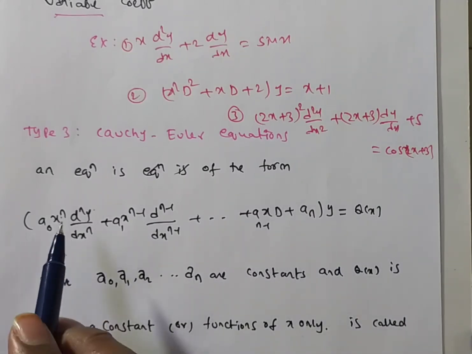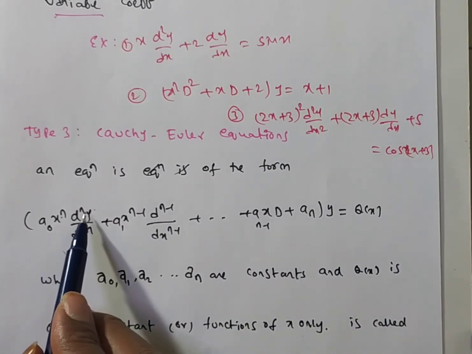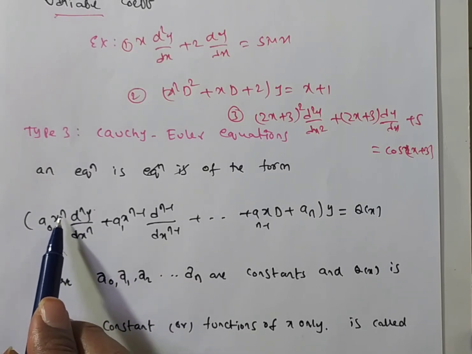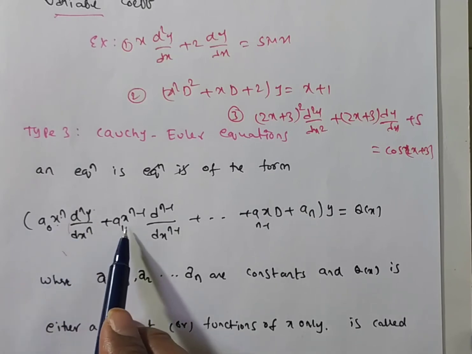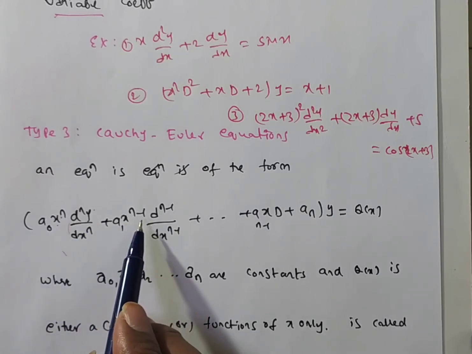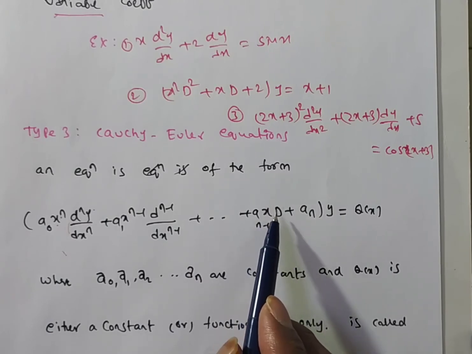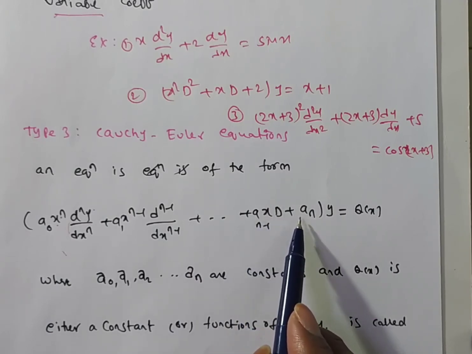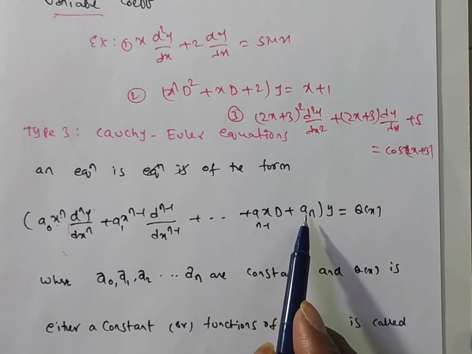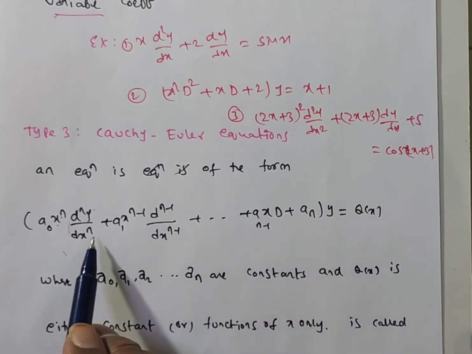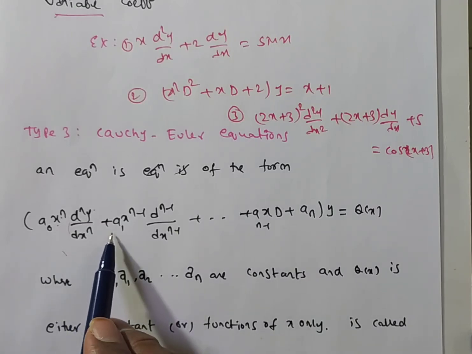But here you observe the coefficient of d^n y by dx^n is a naught x^n. The index of x is n, and the order of the derivative is n. In this case, the index of x is n minus 1, and the order of the derivative is n minus 1. Here the index of x is 1, the order of the derivative is 1. Here is there any x term? No, so x power 0, and the order of the derivative is D power 0. Nothing but in each term of this differential equation, the order of the derivative and the index of x